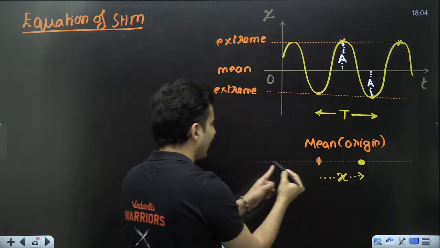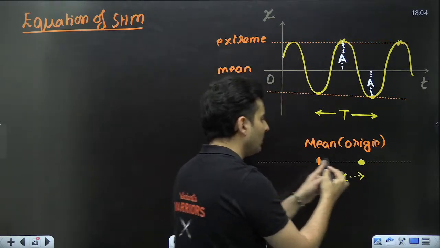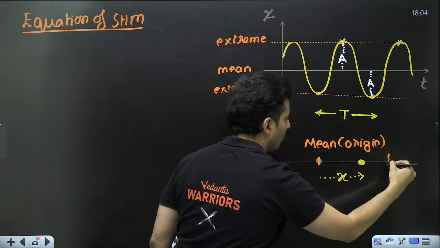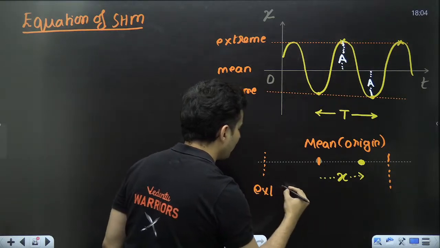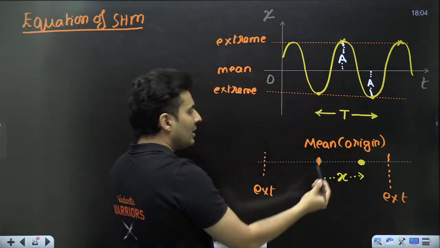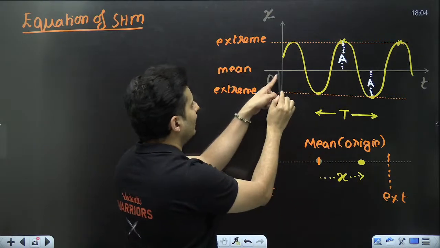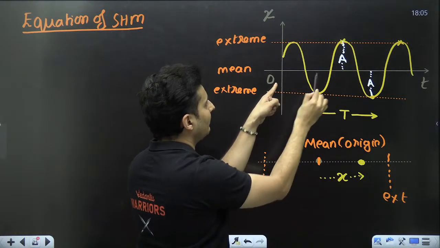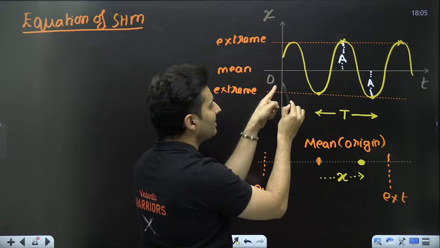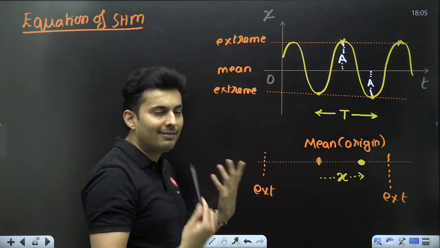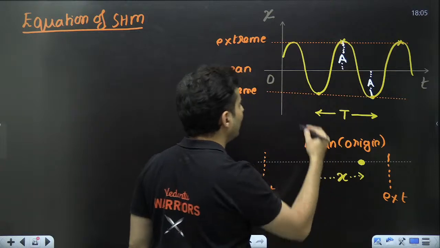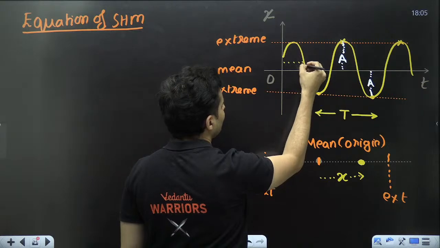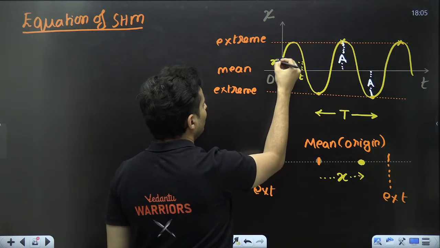It goes till here, comes back. It is oscillating between two extreme points over here. This is one of the extremes, this is another. You tell me the time where it is, I can find out. At this time it is here, at this time this is the value of x. So that's how you get to know the value of x, my dear students. You tell me the time, I will tell you where it is.